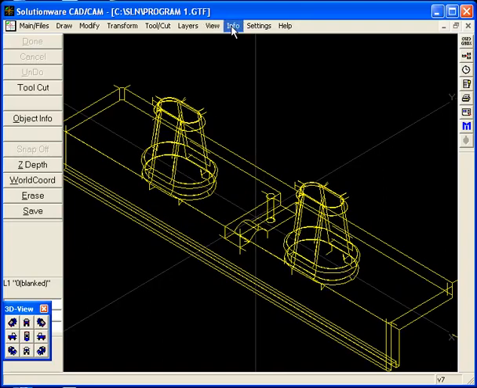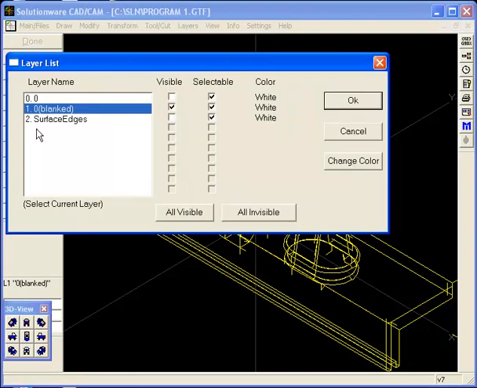Another way to check: if I go to Info, Object Data and scroll my mouse, looking at the bottom left of the Geopath screen, I can see that I'm pointing at surfaces of revolution, a plane surface, NURBS. So I can see now that Geopath has put all the surface information on this file in a layer called Layer 1. If I go back up to Layer Set, I go to the second layer, or layer number 2,